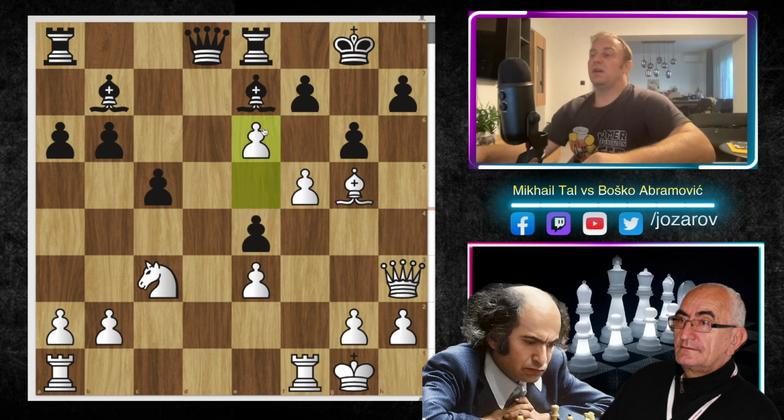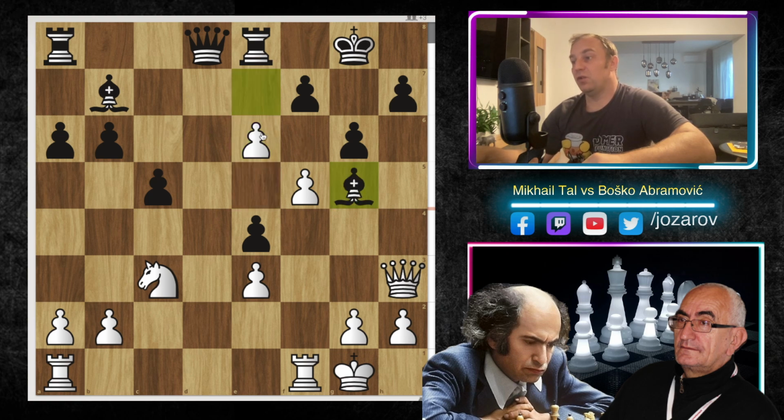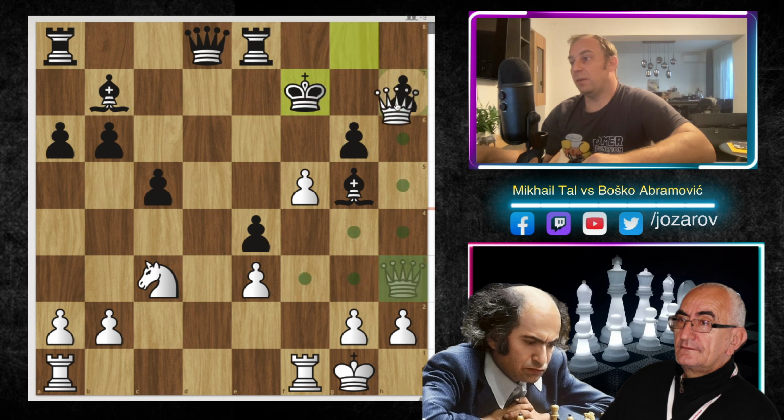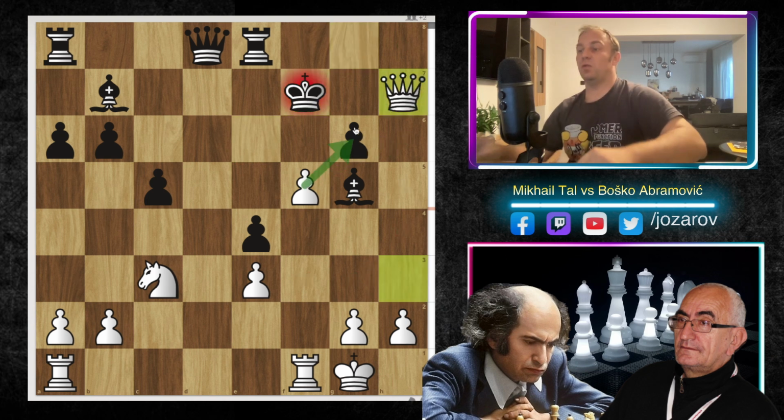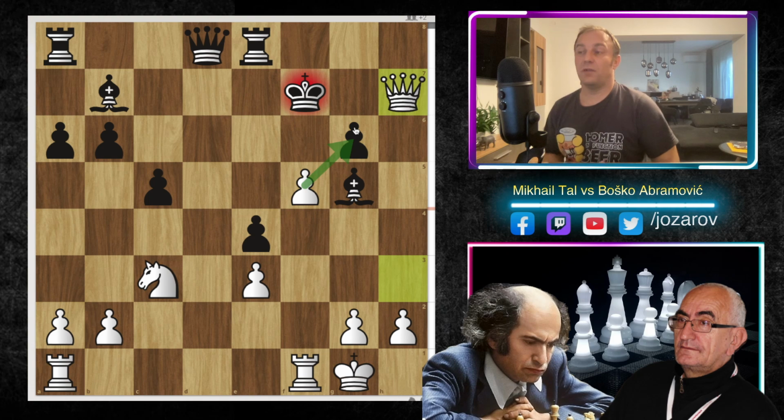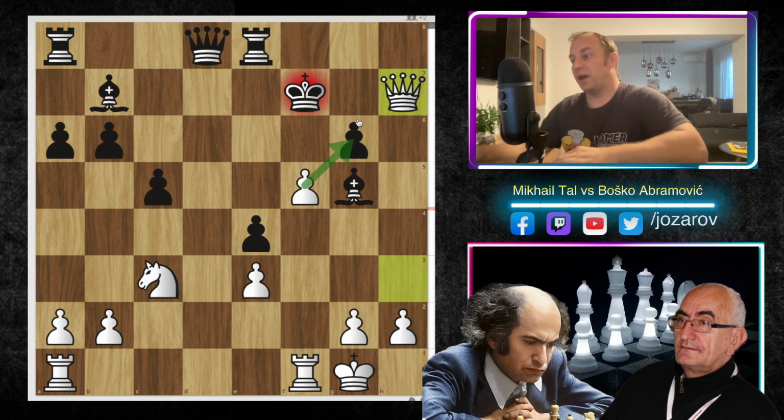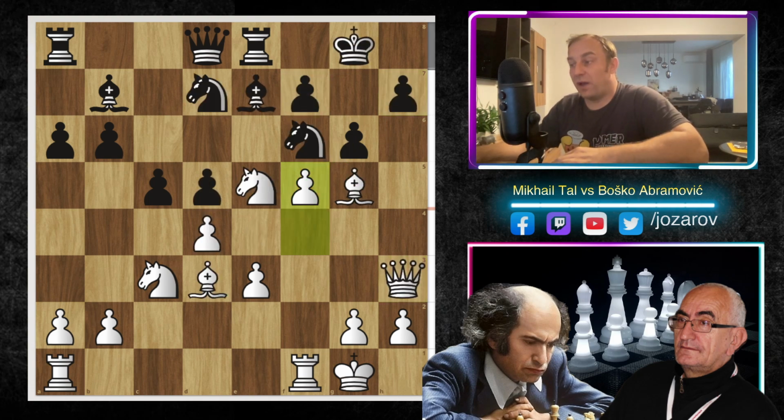I think e6 is winning the game immediately, because after bishop to g5 you get with this one, we can play e takes f7, king to f7, then maybe queen to h7. You see this file gets open, so really wild stuff. Black is already in tactical problems. So here after move f5 in the continuation we have c takes d4 by Boško Abramović,